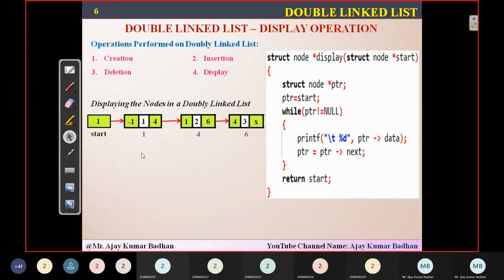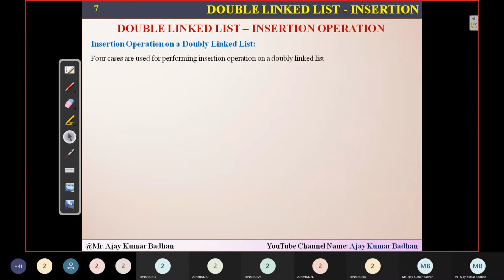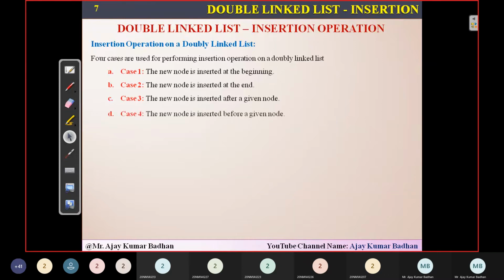Very, very easy. This is similar to what we have seen in the linked list. No changes in this operation of display. Now we are going to discuss something called the insertion operation. Like in your single linked list, we have 4 operations, same way we are going to have here 4 operations. We will be inserting a node in the beginning, inserting a node in the end, then inserting after a given number, inserting before a given number. So these are the 4 cases we have, similar to your single linked list, and the same way we are going to apply. But the only thing is, one additional statement will come for the previous block.